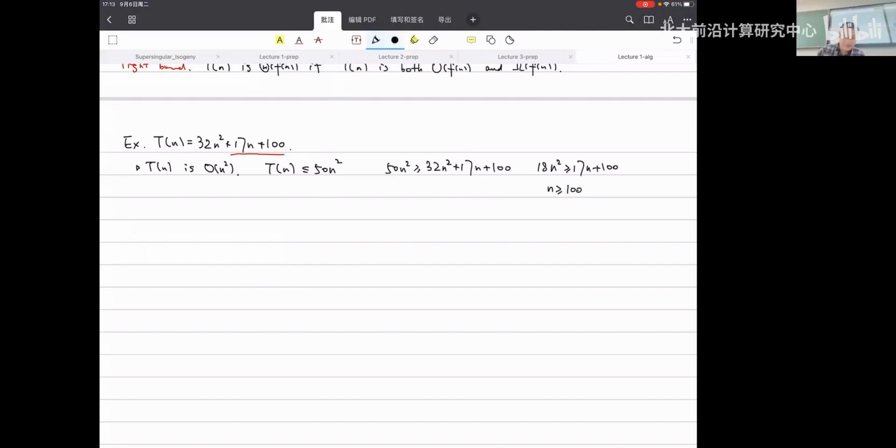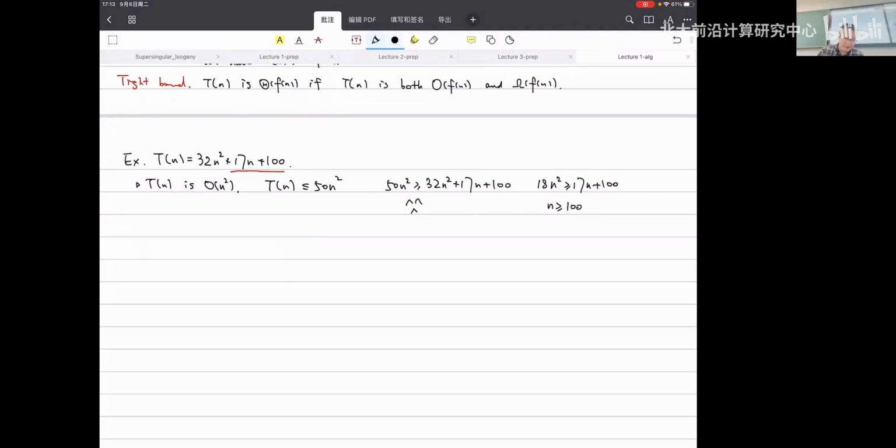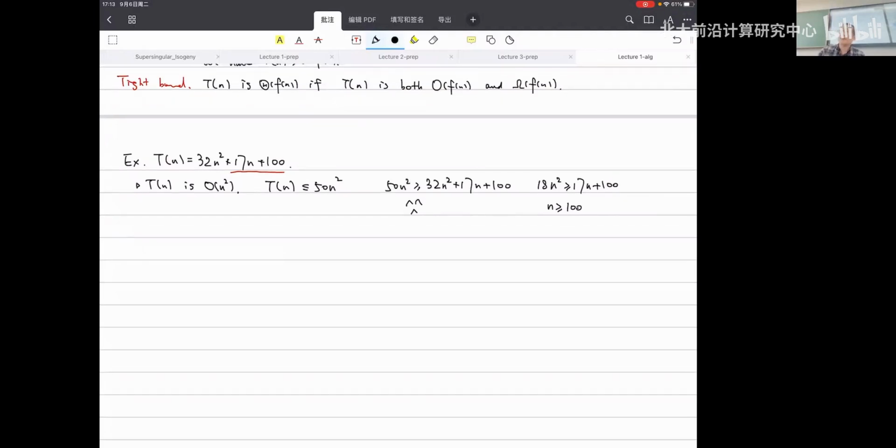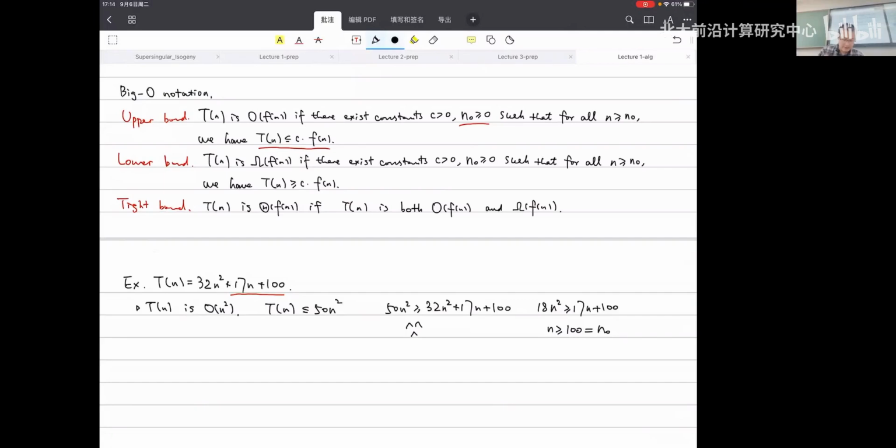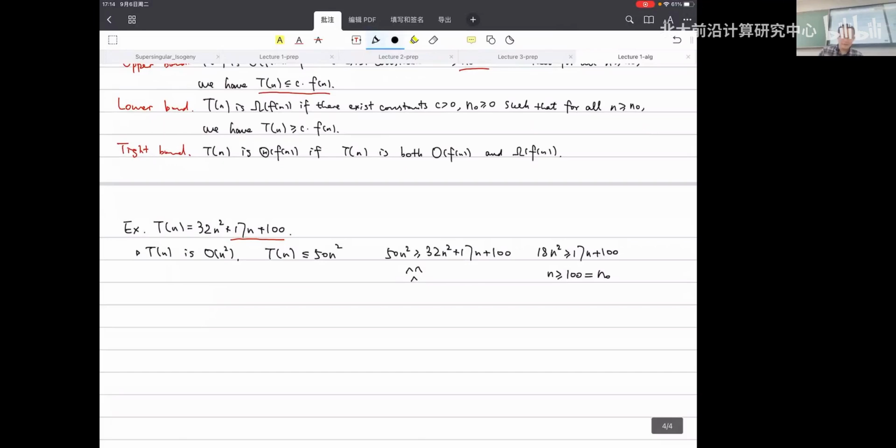But in general, when we want to talk about the cost of an algorithm and such kind of formula, we don't really want to consider such tedious calculations. We see that n squared is in general the leading term, larger than n and larger than the constant. We want to have this n0, but we don't want to get into these tedious things. As long as we look at this formula and see n squared is the leading term and larger than the others, we can simply write that T(n) is O of n squared.